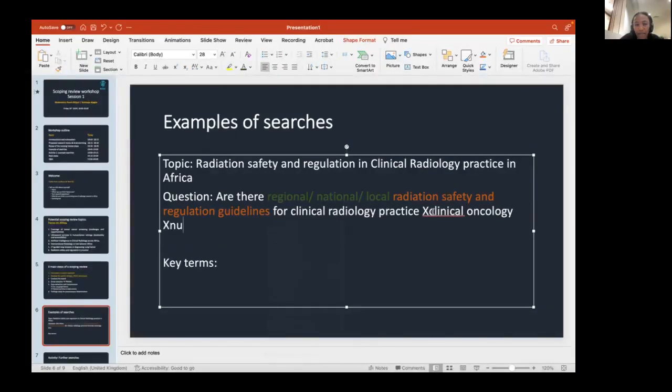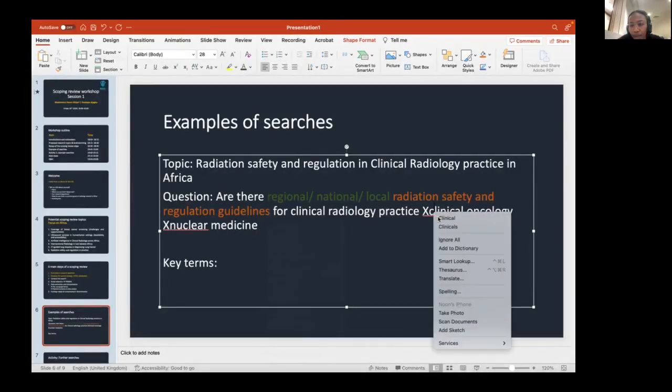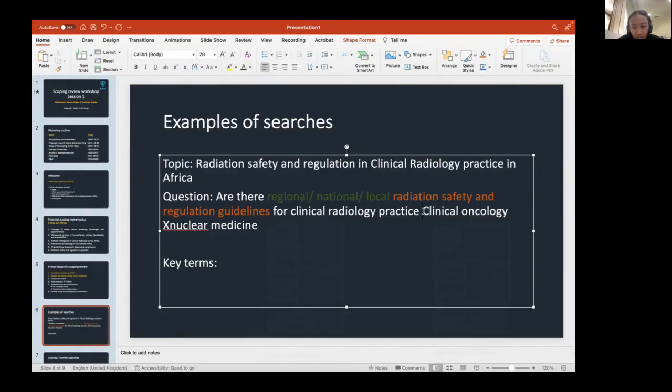Nuclear medicine will be a bit of an in-between, but in this situation we're excluding things like clinical oncology. We are also excluding any kind of technical work. So these are things that we are not interested in,